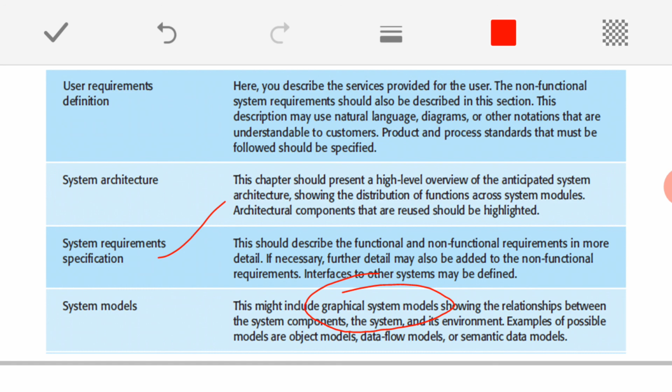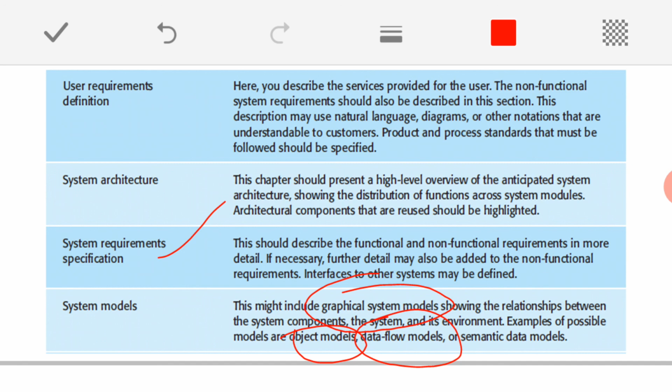There are a variety of different graphical representations, especially called UML diagrams, like object models, data flow models, activity diagrams, subsystem models. There are a variety of different system models we will come across, which we will study in a separate chapter.